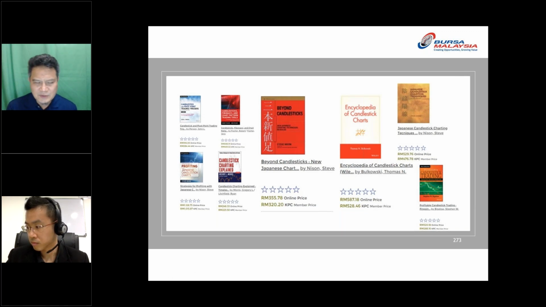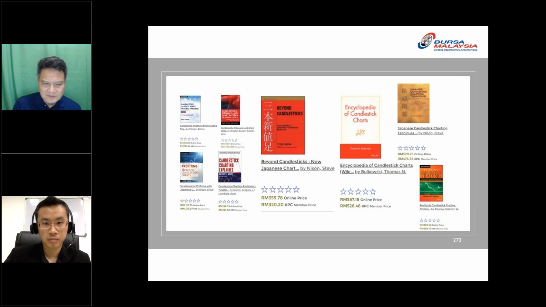In fact, you can learn about candlesticks even from the internet. There are a lot of resources in Investopedia, and there is also a candlestick screener inside investing.com. The only problem is that the screener will screen the pattern, but not the location. So when patterns appear in the screener, you open the chart and see where the location is. Is it at the top, at the bottom, or in the middle? If it's at the top or at the bottom, that means a strong signal. If it's in the middle, this is not a strong signal.